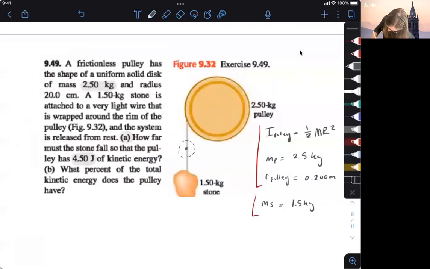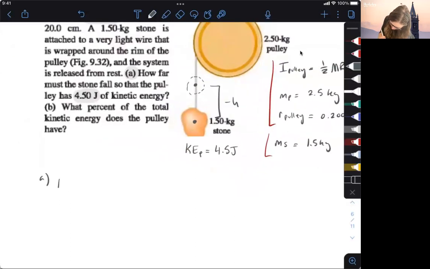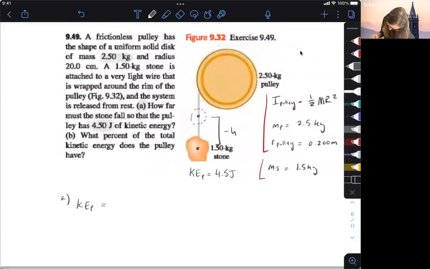So we've got these two points here. This would be some negative delta, some negative h. We'll call it a negative h for this problem. For that negative h, we want a kinetic energy for the pulley equal to 4.5 joules. Let's start with part A and see what we need to do. We want the kinetic energy of the pulley to equal 4.5 joules for the first part of this problem. So the energy of the pulley would be equal to,